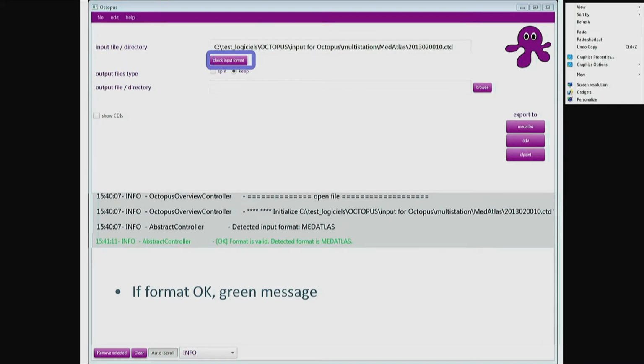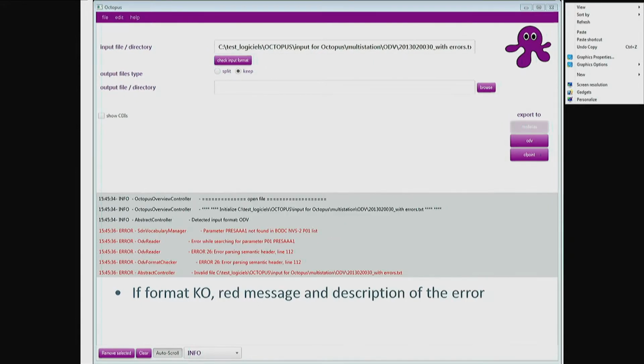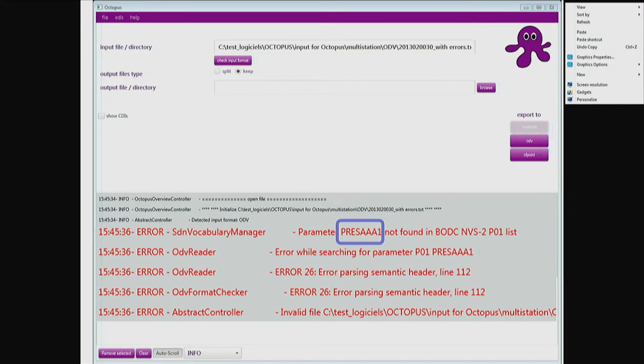If the format is good, you will have a green message. If some errors are detected, you will have red messages. Like, for example, here, I think I zoom in. This parameter is deprecated. So Octopus will tell you this is not a good parameter. You have to replace it.